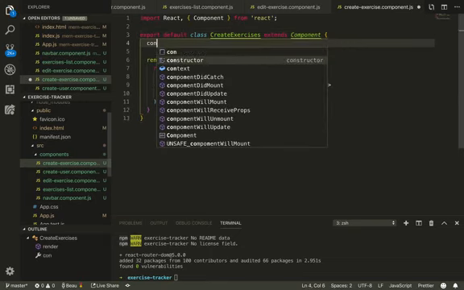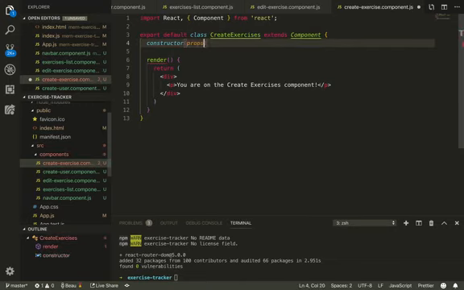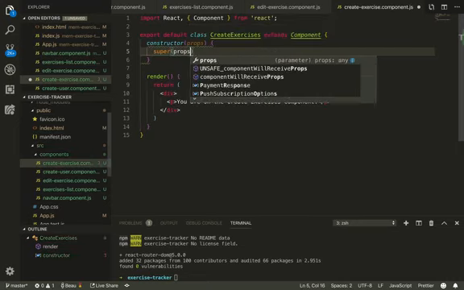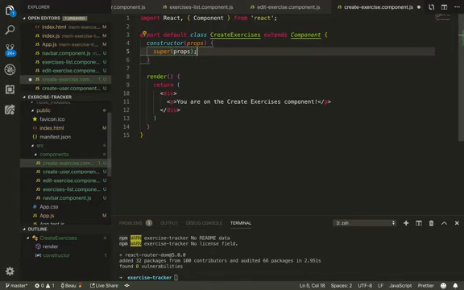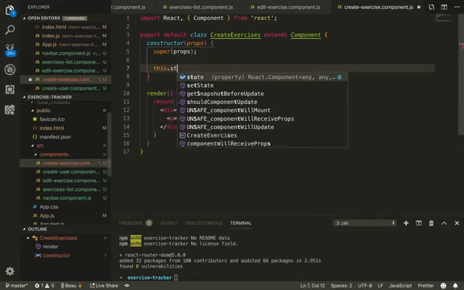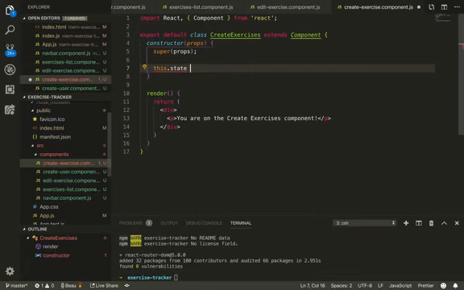And what you're going to do, constructor props. And in JavaScript classes, you need to always call super when defining the constructor of a subclass. So we're going to do that. All React component classes that have a constructor should start with a super props call. We'll set the initial state of the component by assigning an object to this.state. So we'll do this.state equals,